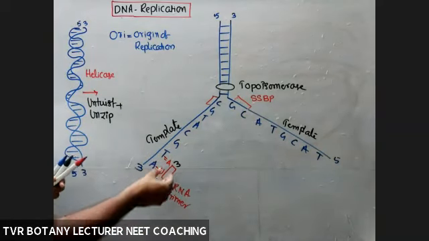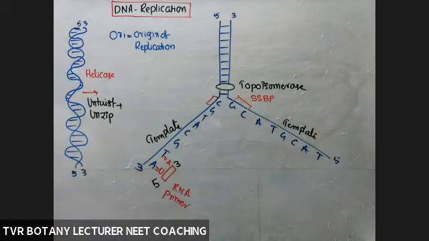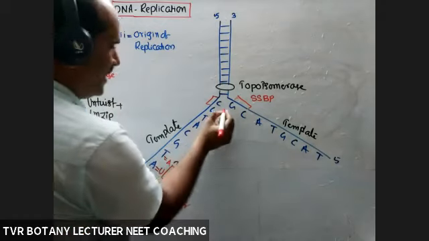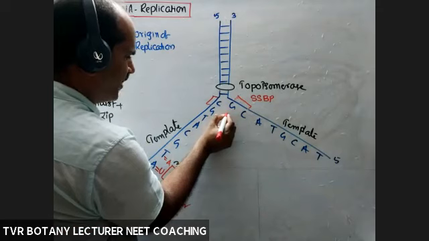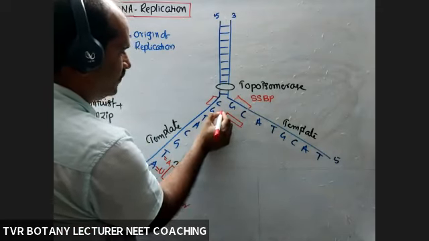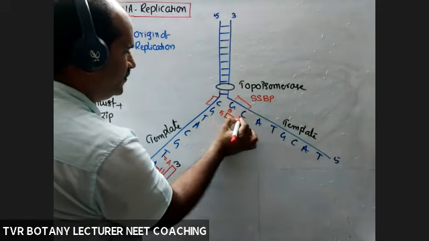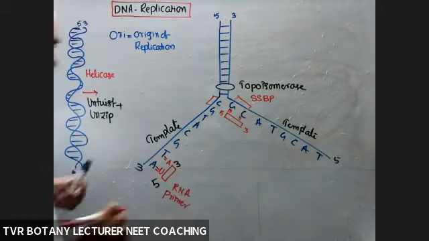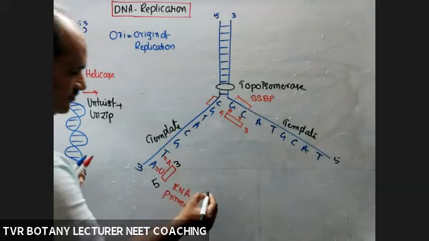The primer is oriented in the 5 to 3 direction. Remember that. Take one primer here; many primers are required. Here I'm taking one primer. This is also a primer, 5 to 3, with complementary nucleotides and establishment of hydrogen bonds. So the primers are attached.